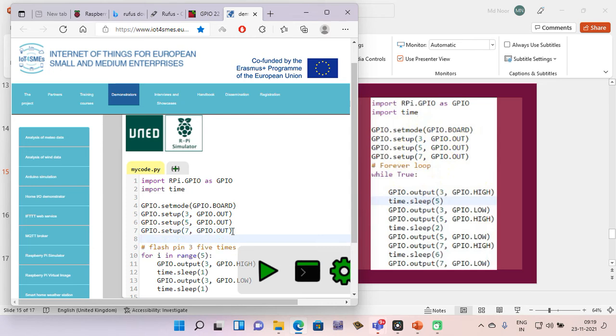So once you do it, you implement the forever loop.